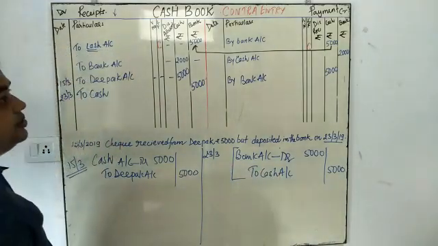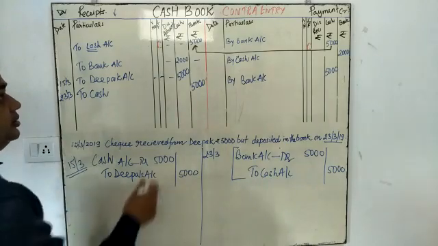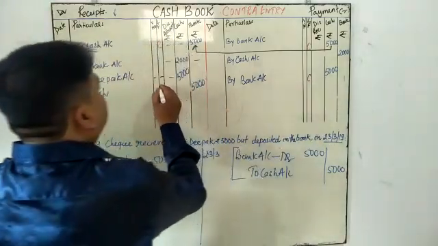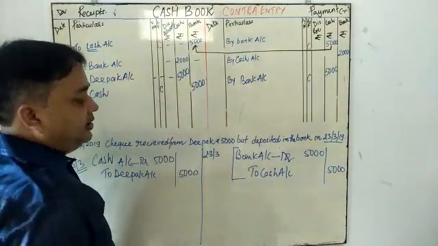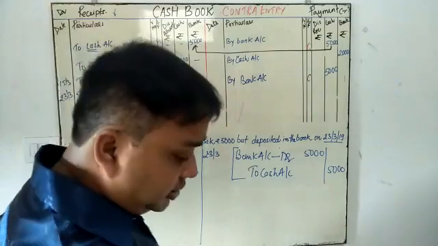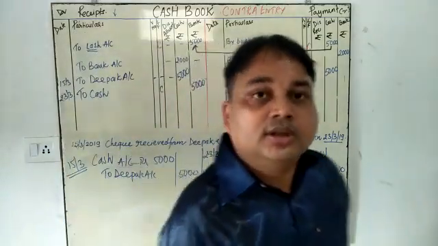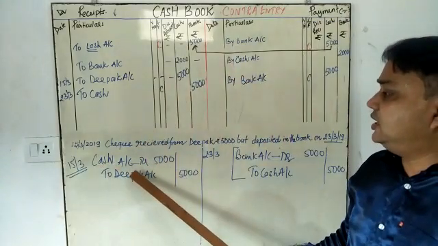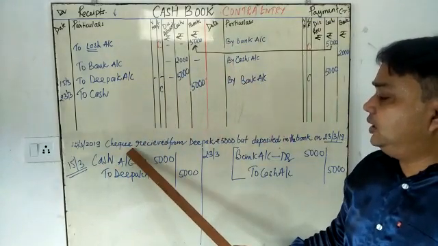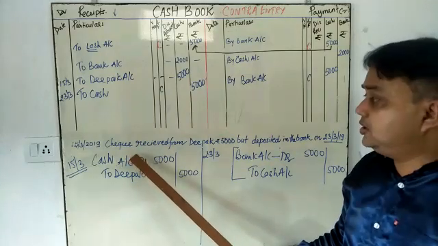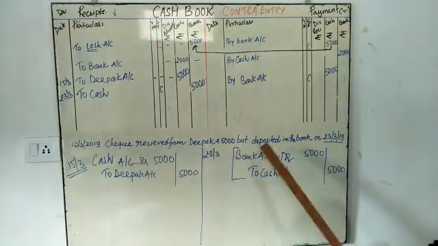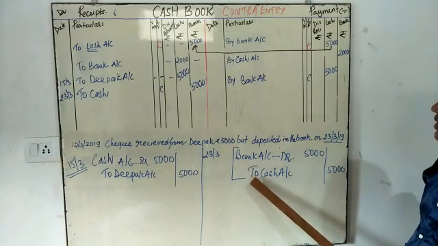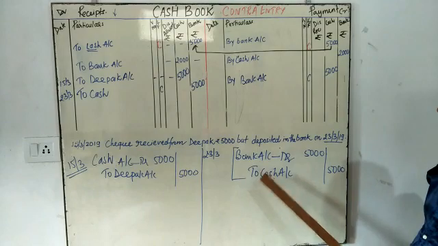Okay. So what you observe? Ultimately, it is a contra entry. You put it here C. This is the contra entry. My dear student, you observe two things here. The first thing is that when the check is received, you put here cash account debited to Deepak account. Okay, this check is not deposited on the same day, but it is deposited on another day, that is 23rd March. You will pass this entry. That is why it is treated as a contra entry.